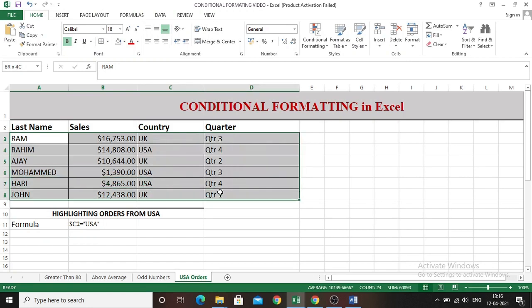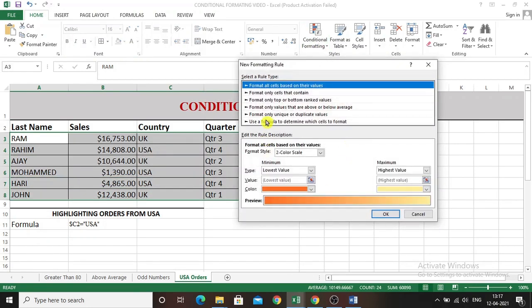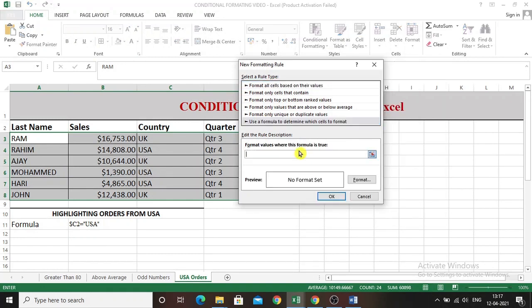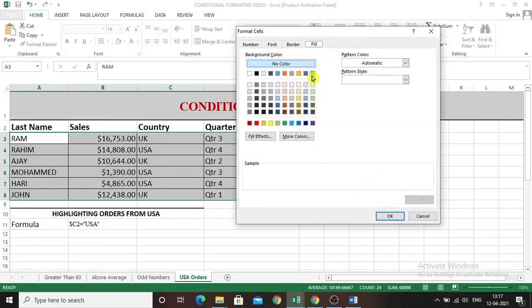First you have to select the data, conditional formatting, new rule, use a formula to select, type equal to, type dollar C3 equal to, within quotes, USA, then set the format.